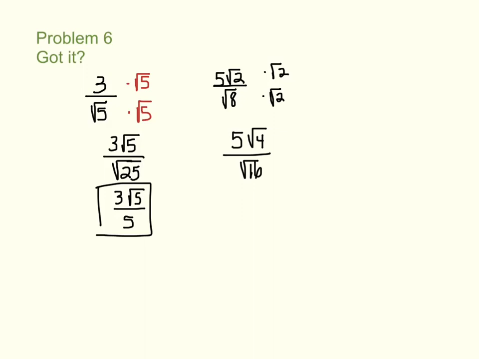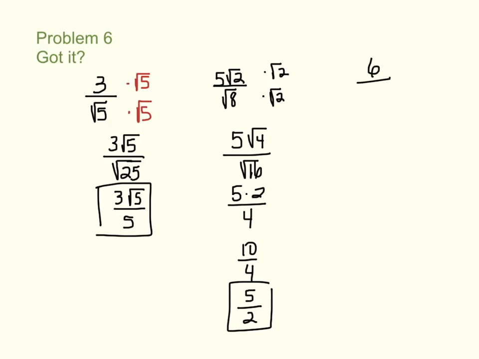Now, once you start getting used to this, you can start skipping steps. I know on top, the square root of 4 is just 2. On bottom, the square root of 16 is 4. So that means my answer is 10/4. 10/4 I can divide by 2. My answer is 5/2. Let's try another one. 6 over,